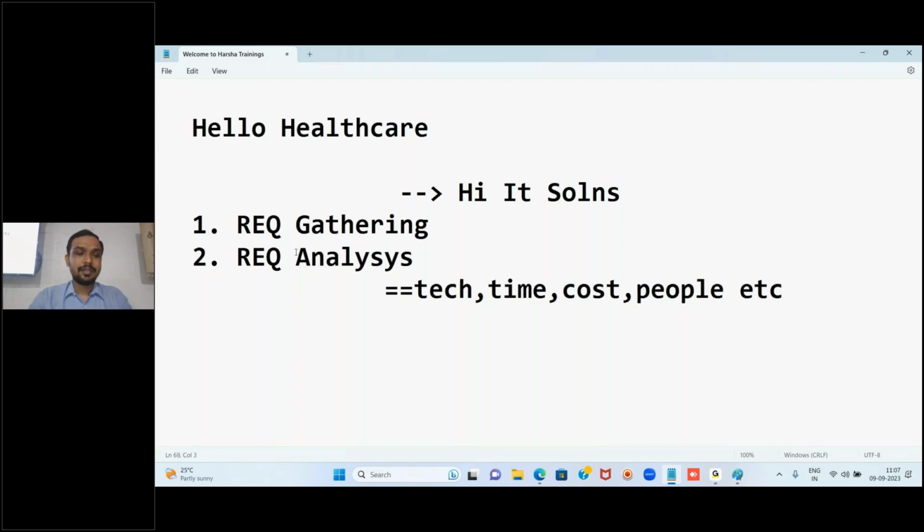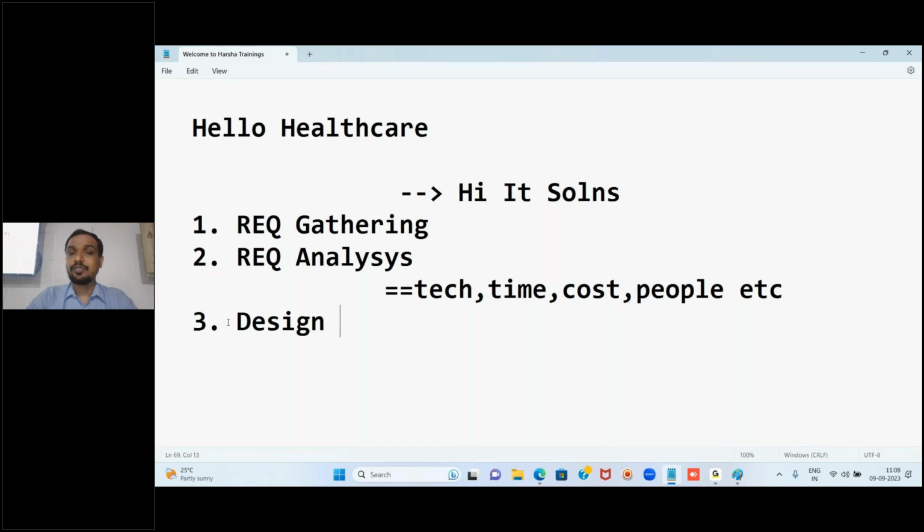Once this is done, guys, here I am not using technical words. You may get some technical words for this, but I want you guys to understand. That's why I am telling it in a general way. So requirements are gathered, and they will come with those requirements to their IT company, and they will internally discuss this analysis of the requirements. Once this is properly done, then the designing phase will be there.